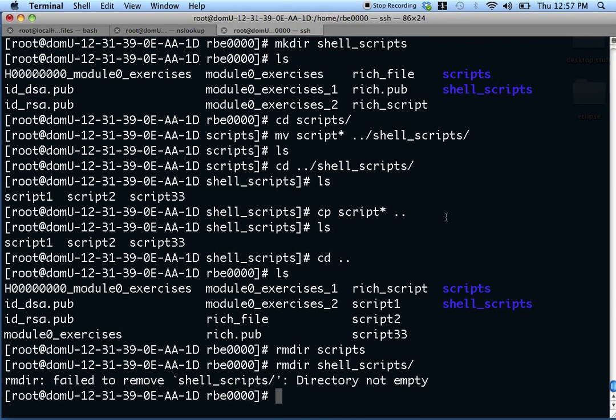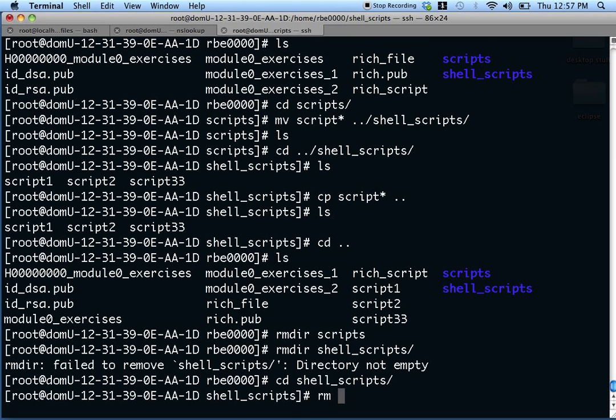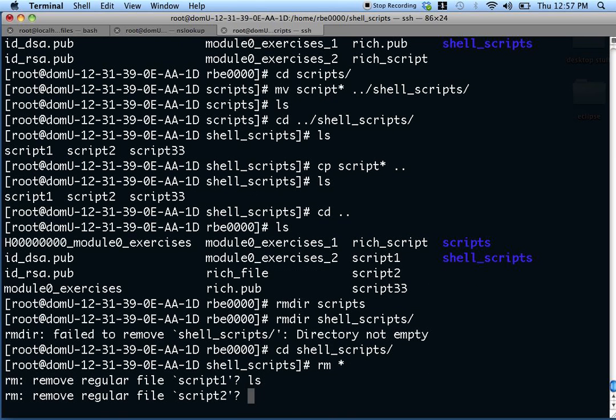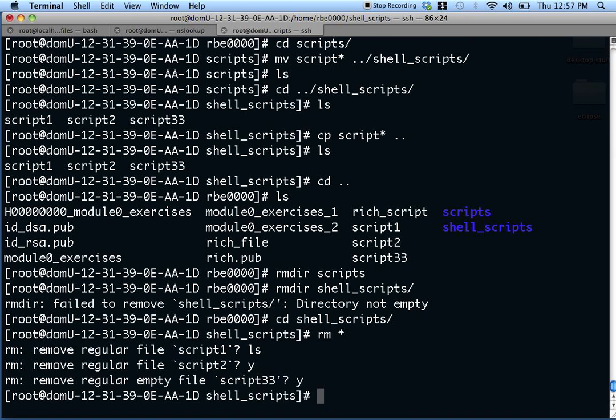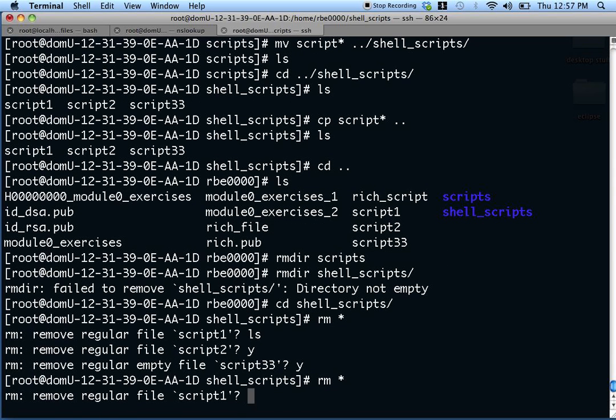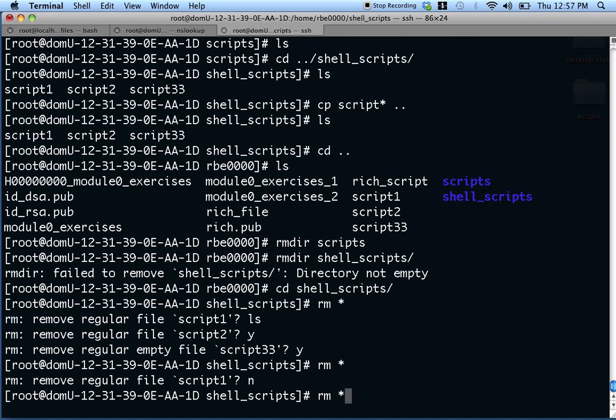I try to remove dir shell scripts. It says the directory is not empty. So in theory, it wants me to go into the directory and do a remove of all the files. Ugh. Do a remove of all the files. It's asking me if I want to remove the regular file. If you want to